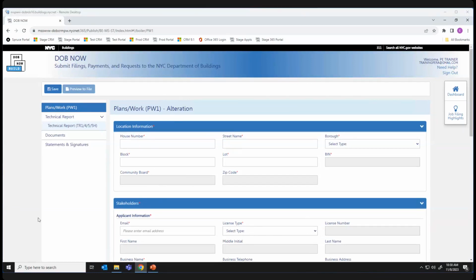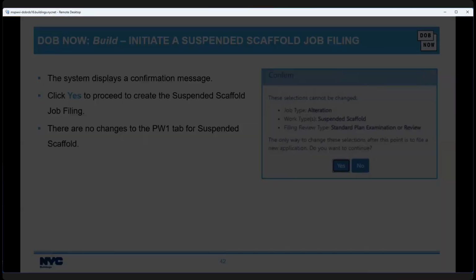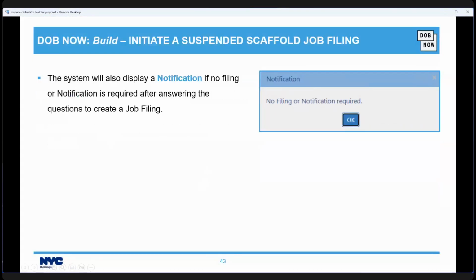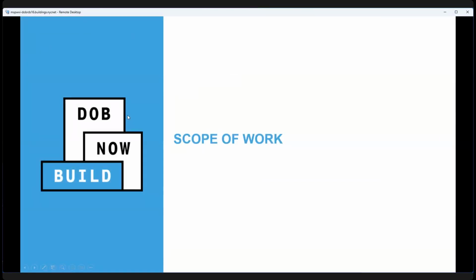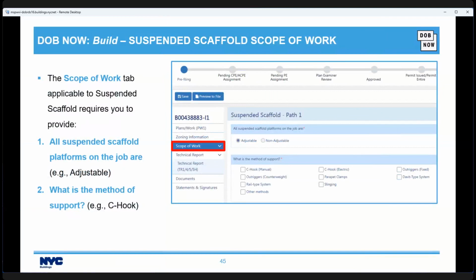Now, let me go back to my presentation for a moment. And we are going to talk about what you do at this point. This is the notification that you'll see if no filing or notification is required. I showed you what happened where there's no filing required, but there is a notification. The next section gets into the scope of work. The scope of work tab